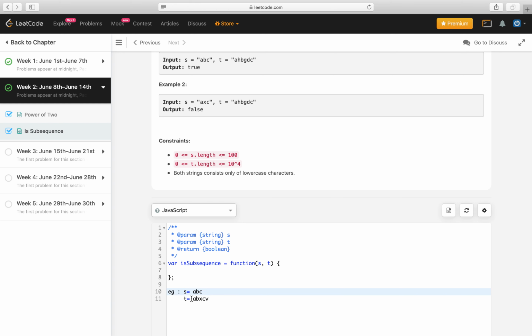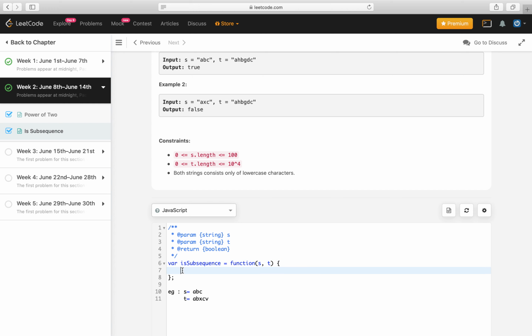So in the brute force approach, we will make a loop through s.length, and we will have one more loop around the length of the t string. Every time the characters are equal, we will simply do count plus plus, and the moment count is equal to s.length, it means all the characters are compared, so we will get a true result.